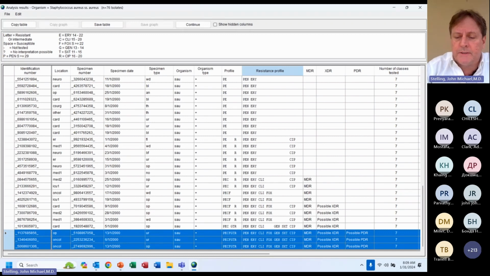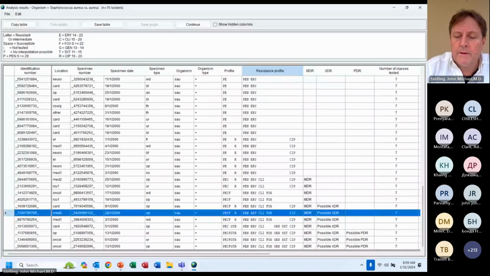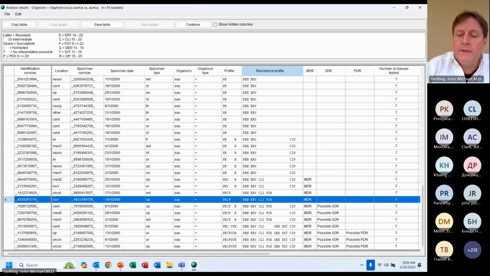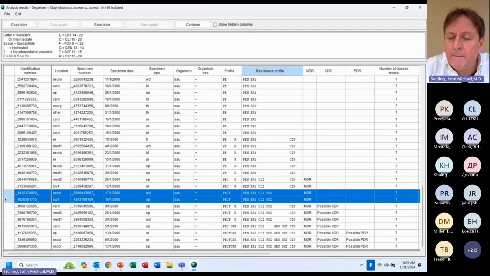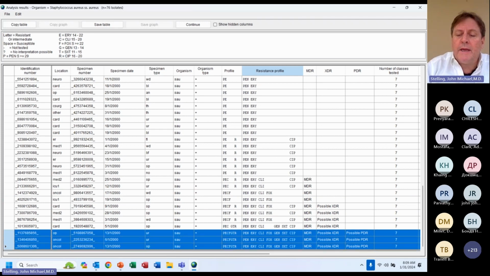These are multi-drug resistant. You see that one of the drugs is cefoxitin. Therefore, these are MRSA. These 3 are also MRSA. These 2 are also MRSA. So not all MRSA are the same. These 3 MRSA